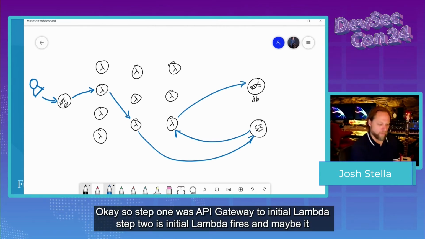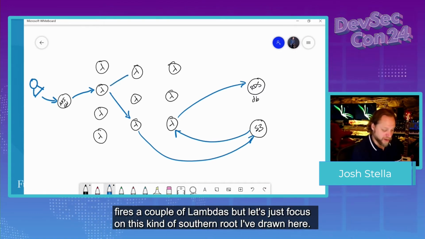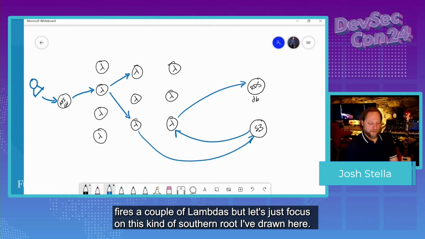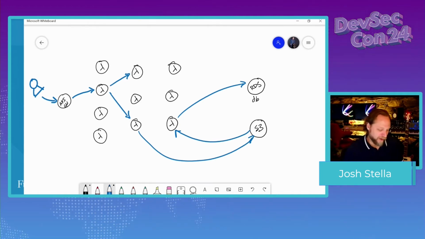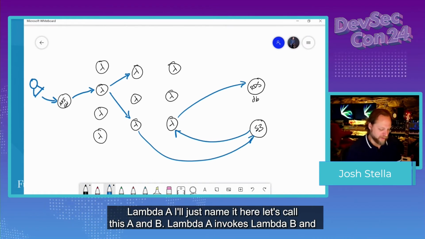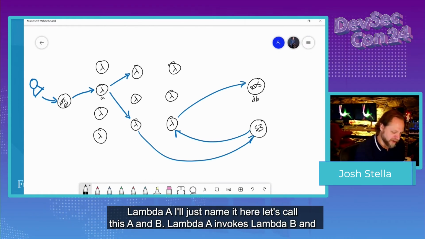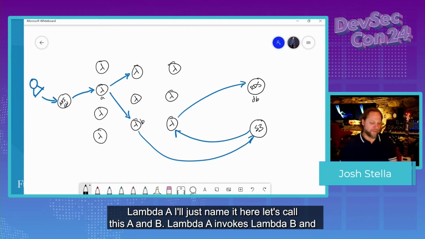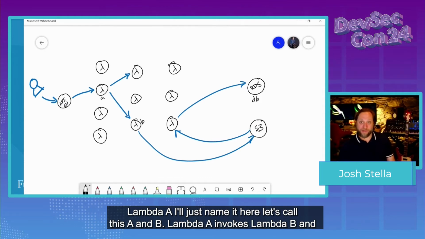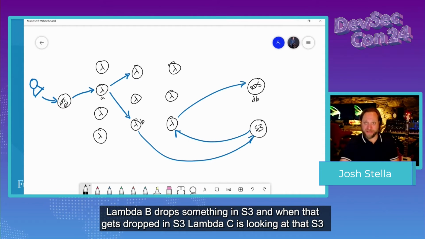Okay, so step one was API gateway to initial Lambda. Step two is initial Lambda fires, maybe it fires a couple of Lambdas. But let's just focus on this kind of southern route I've drawn here. Lambda A, I'll just name it here. Let's call this A and B. Lambda A invokes Lambda B, and Lambda B drops something in S3.